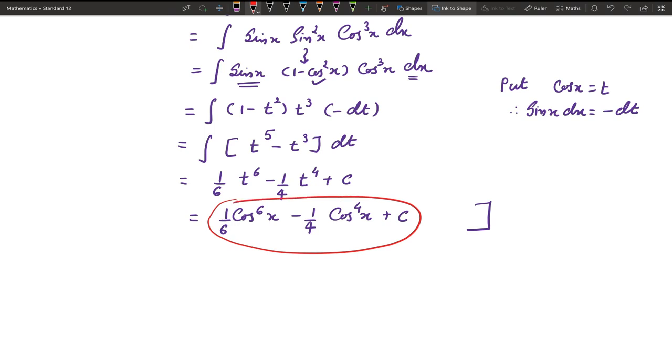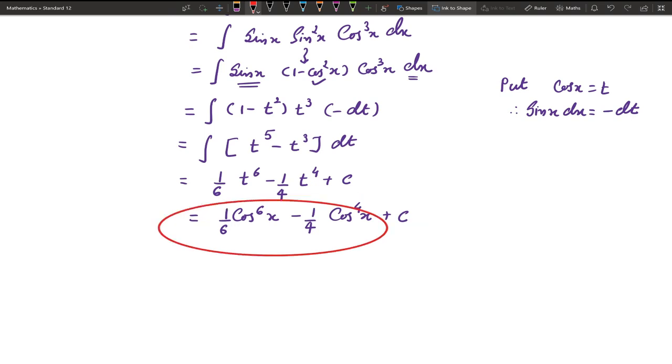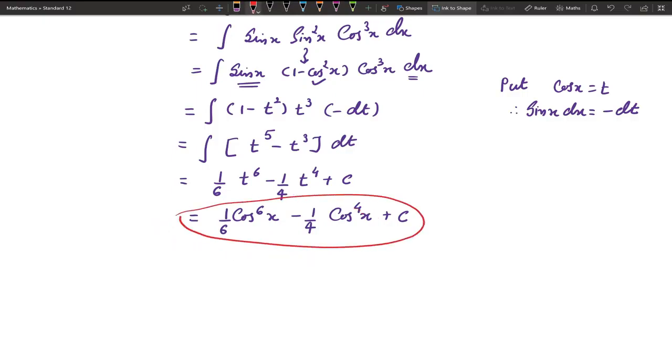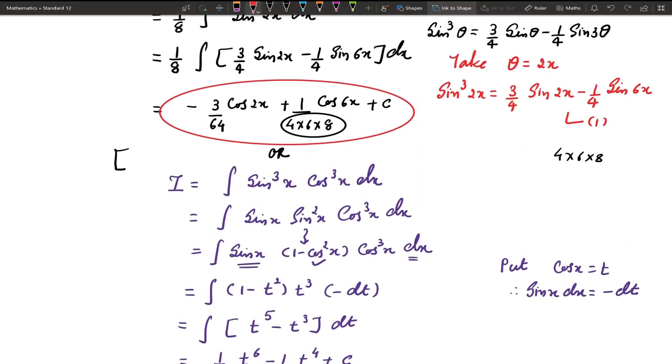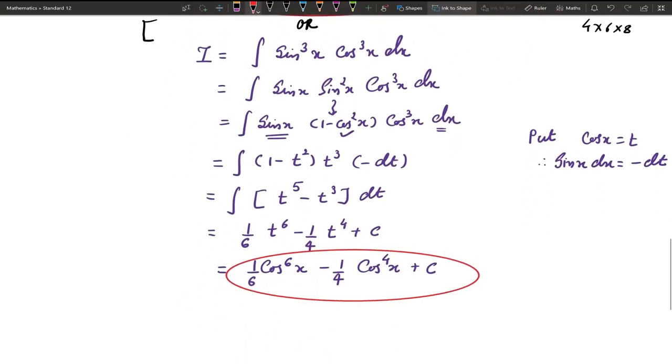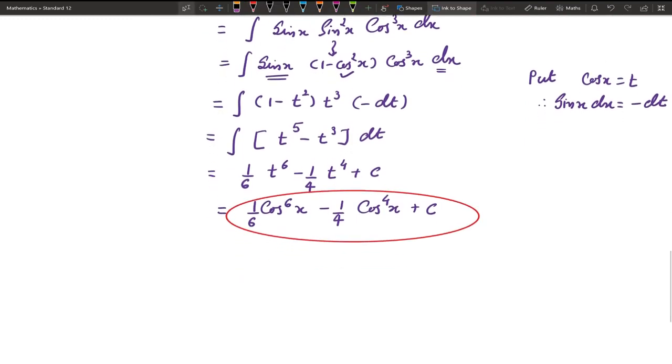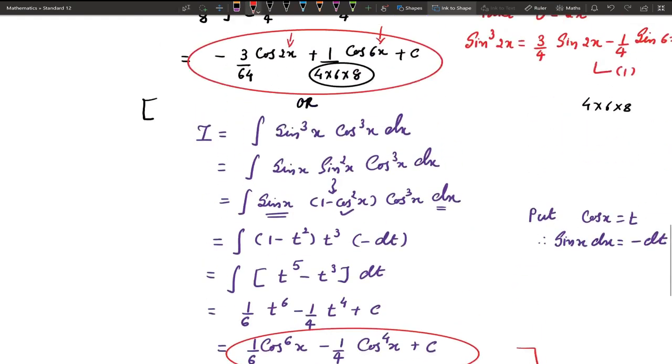But we can simplify this and prove that the solution is either the same or differs by a constant. Here, if you convert cos 2x and cos 6x in terms of cos x, you can simplify, and the solutions may be equal or may differ by a constant. So you should be familiar with both methods. So next one,